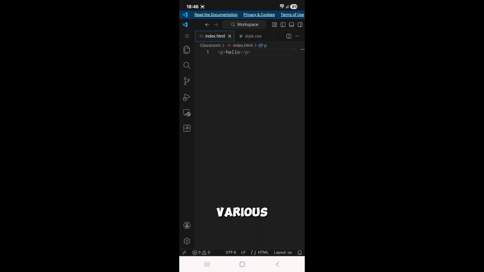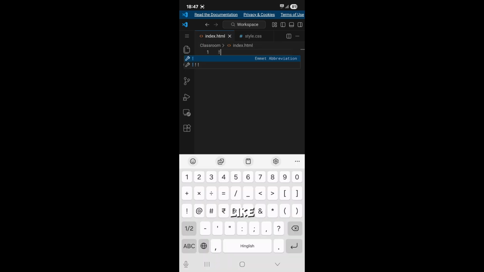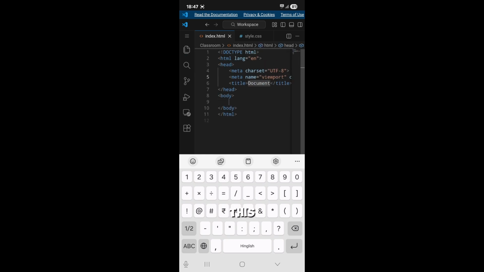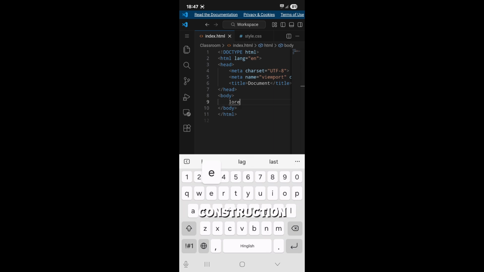There are various shortcut keys in it, like you can see shortcuts like this, and some are not there, which can be installed further. Like this one, by which you can construct the basic HTML coding